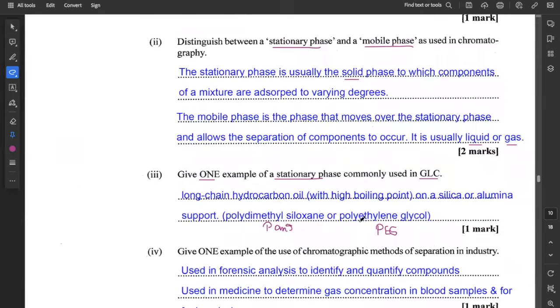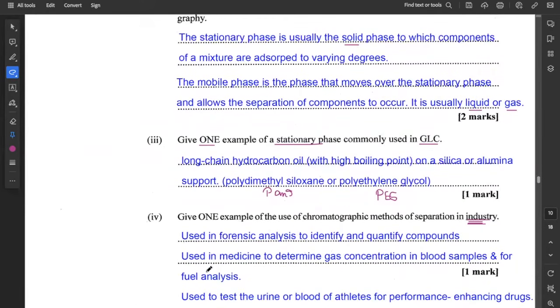All right, so now it's saying, give one example of the use of chromatographic methods of separation in industry. So how do we use chromatography in industry? There are a variety of ways. Any one that you put should suffice, they just ask for one. So I put 3 here just for completeness, to give you some examples of what could go here. It's used in forensic analysis